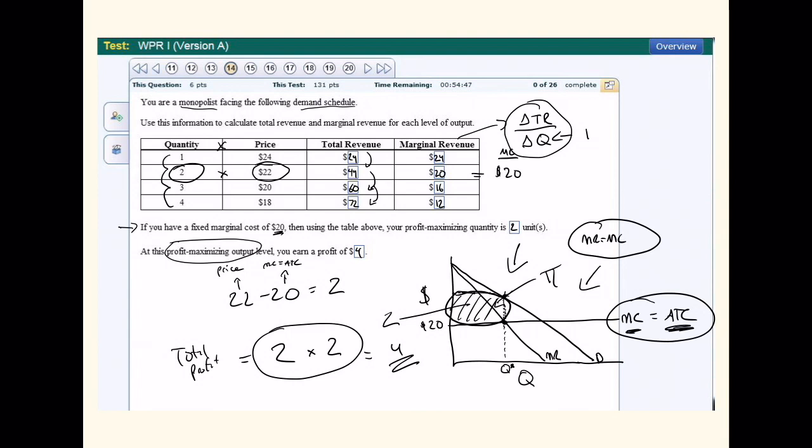So we've reviewed how to calculate total revenue, how to calculate marginal revenue, what marginal revenue really means. We did a quick visual review of how a firm or a monopolist firm maximizes profit. And then we applied those concepts to this chart to find the profit maximizing quantity and then the actual